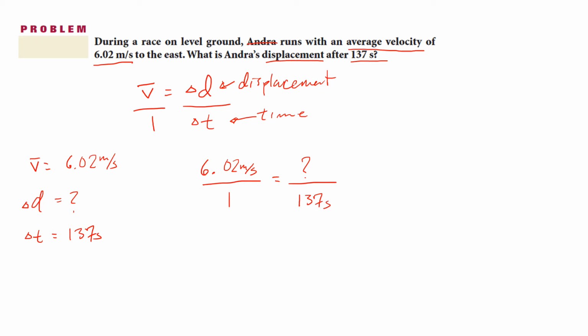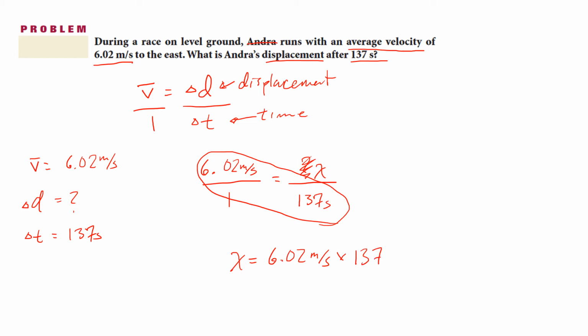So looks like all I got to do is cross multiply. So if I just kind of did some cross multiplying here, instead of a question mark, let's do an X, right? That's a notation that you're used to. That means X is equal to 6.02 meters per second times 137 seconds. Notice how seconds will now cancel out. So our X, or our displacement, is going to be equal to 6.02 times 137, and I get